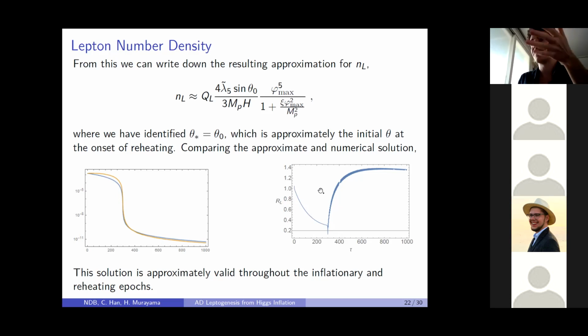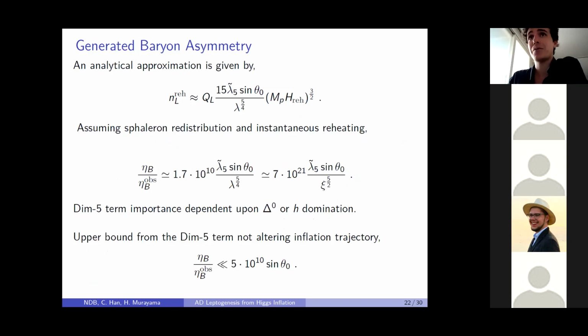So what we can imagine is that as you change this value, this ratio typically is between like a factor of 2 correct with the final asymmetry, this approximate value. And this gives us a way of doing it without having to run a numerical simulation every time for every combination of values. But then we find that this approximation is very good. Now that we've got this final value for the lepton number density, we can start considering the final lepton number density at the end of reheating, and then the subsequent baryon asymmetry.